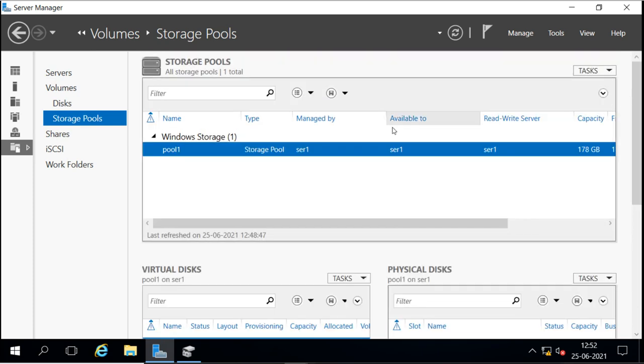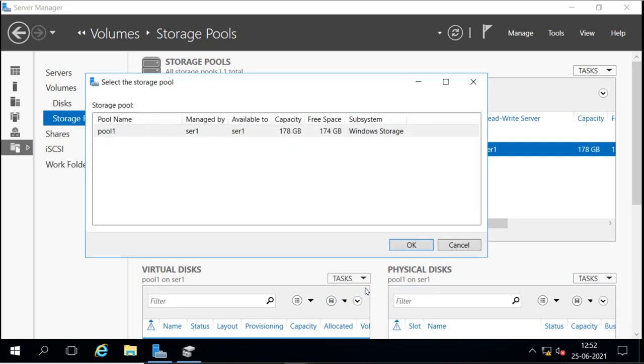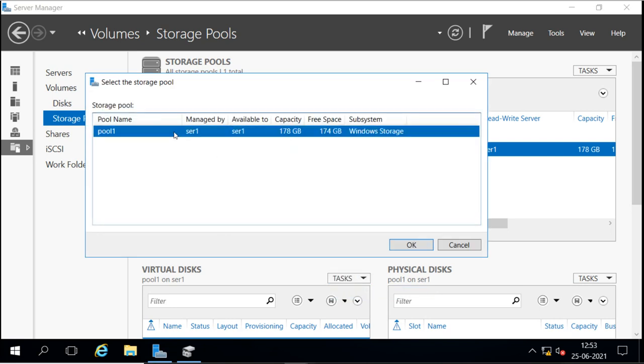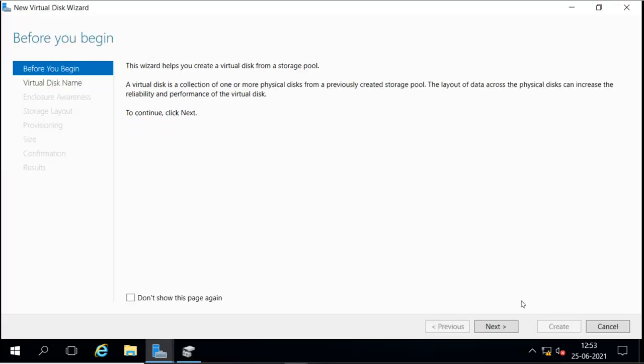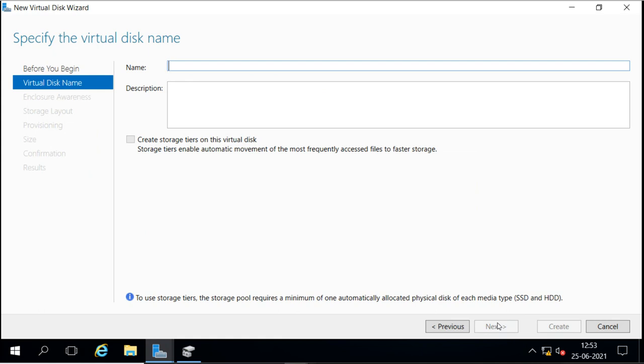Now when you create a virtual disk here, we can create mirror and we can also create parity. So now when I select to create a new virtual disk from this pool, the way we create is the same.